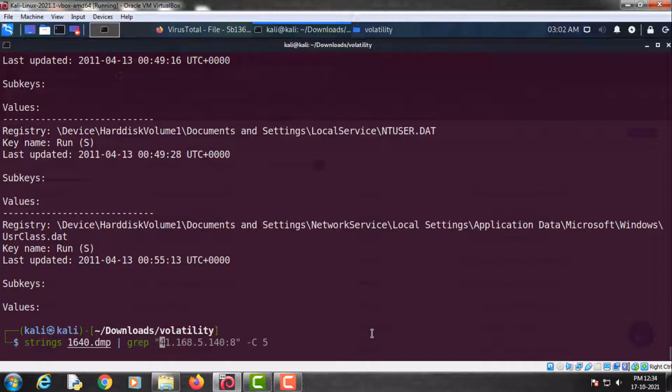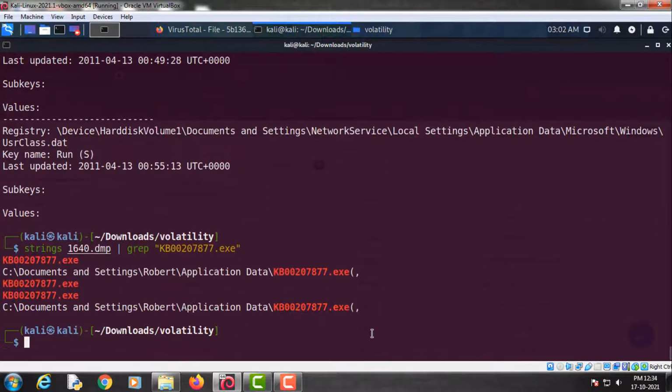So as you can see, the process having PID 1640 is run by this executable.